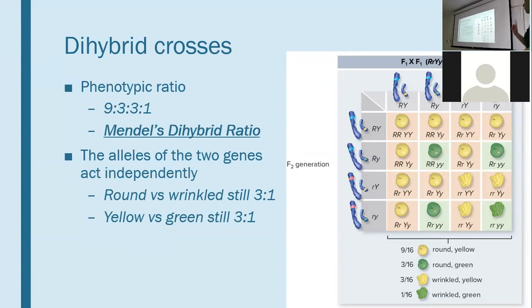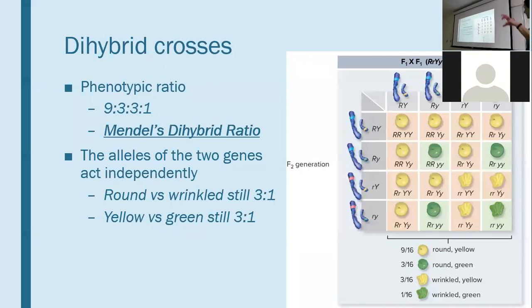And so Mendel's dihybrid ratio ends up being 9 to 3 to 3 to 1, the phenotypic ratio. We can see that: 1, 2, 3, 4, 5, 6, 7, 8, 9 round yellow; 1, 2, 3 round green; 1, 2, 3 wrinkled yellow; and 1 wrinkled green. Cool. Now, if you stare at this a little longer and a little harder, you will notice